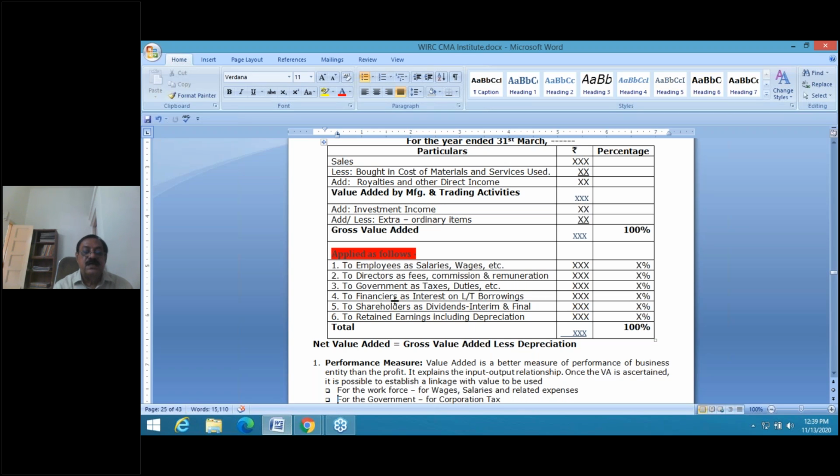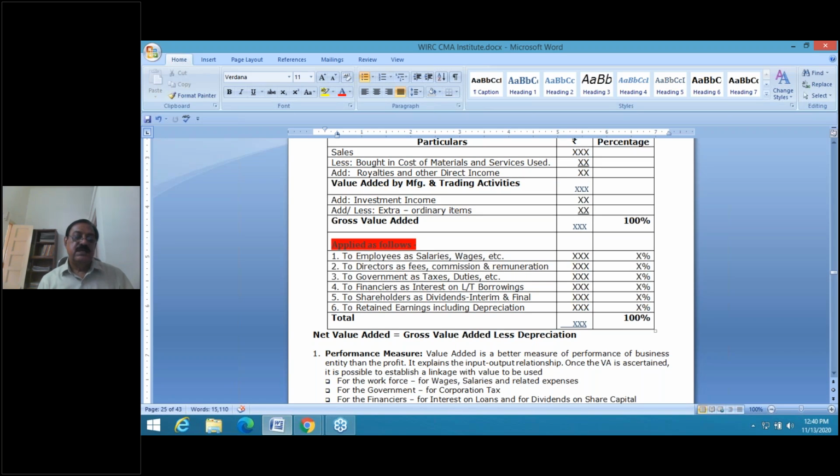Then under 5, another financial, shareholders, you pay them dividends, interim and final, that part will come here. And finally, in the last stage, retained earnings. Okay, depreciation is also retained earning for future expansion. So depreciation is obviously profit set aside for your future replacement of assets, transfer to general reserve. All these things will come under the last element, retained earnings. So your total is like your fund flow statement. In the beginning part, upper part, sources of funds, later part, application of funds. Sources and application should be equal. So that way you have to show.